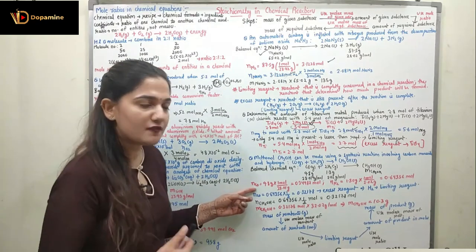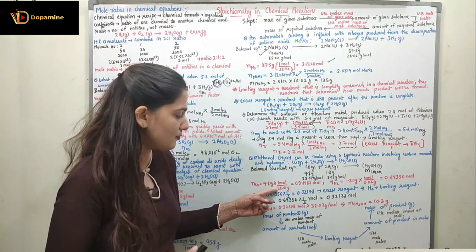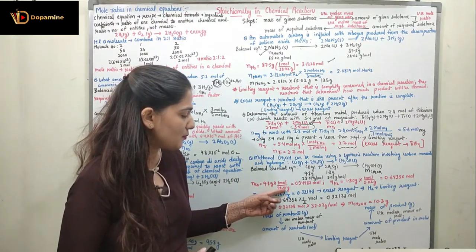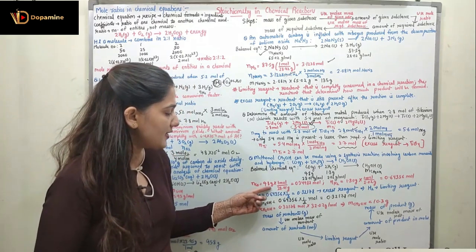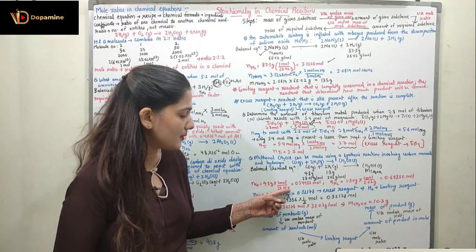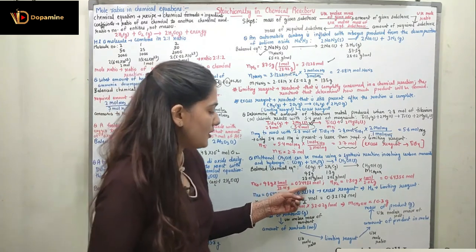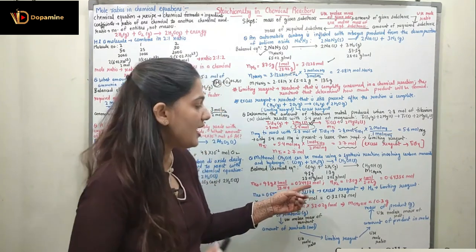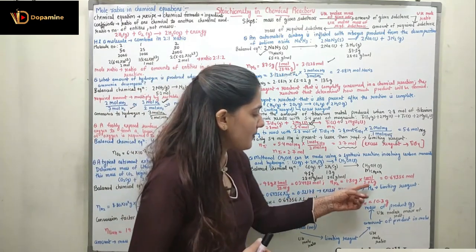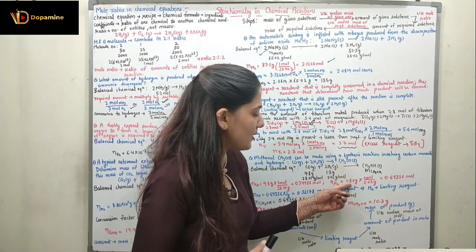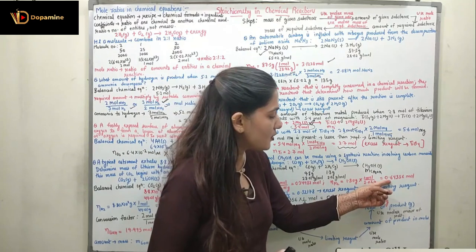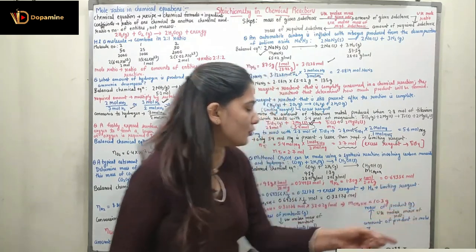So number of moles of carbon monoxide would be given mass upon molecular mass. Given mass is 9.8 gram, molecular mass is 28.01 gram. So 9.8 gram multiplied with 1 mole divided by 28.01 gram is equal to 0.3488 mole. Right, similarly we are going to find out the number of moles of H2, which is the given mass upon the molecular mass. Given mass is 1.30 gram, molecular mass is 2.02 gram per mole, so it is 0.64356 moles.